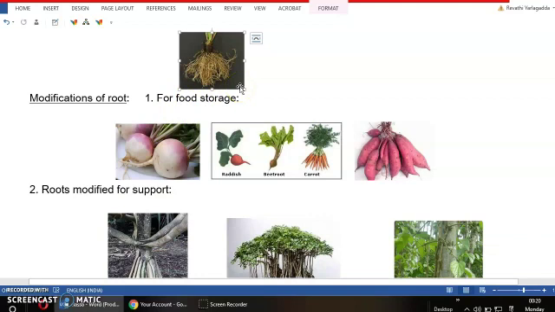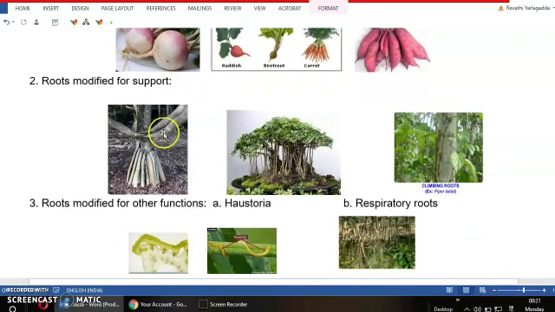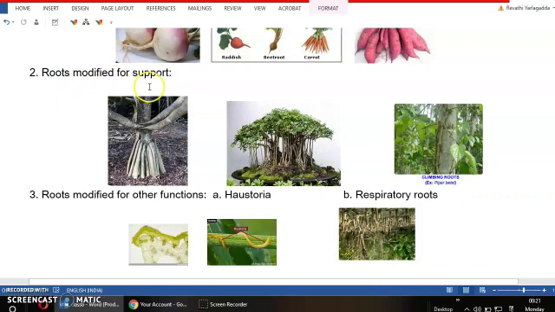The third function we have already seen, that some plants contain roots which store the food material. So some roots modify to perform specific functions. The roots generally modify for food storage, and roots modify to give support, and some roots modify to absorb the food material, because some plants they